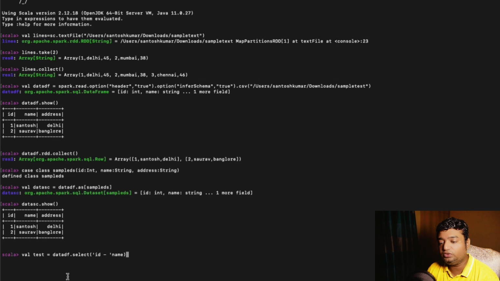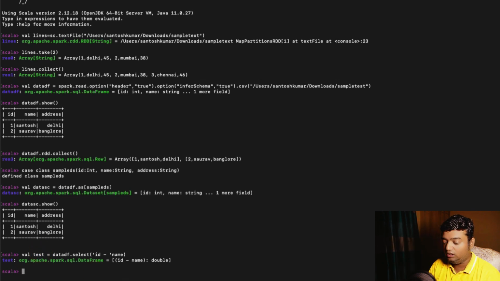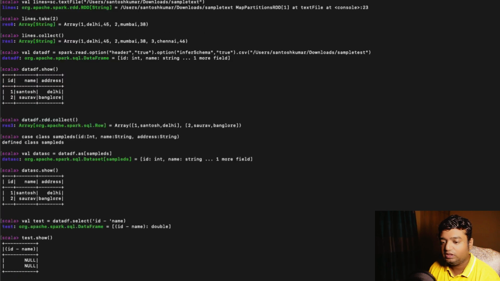So now we are going to perform some illogical operation, and we want to see if the data frame is able to catch that during the compilation process. So what I have done is ID minus name. ID is an integer, name is a string, and I'm trying to see if data df, which is a data frame, is able to catch this in this process itself. So now you see it is not able to catch it. It has created a new data frame called test. Now when I do the show command,